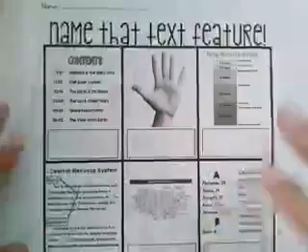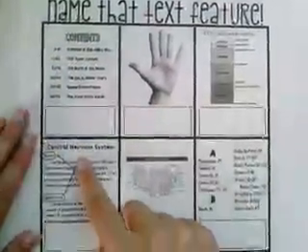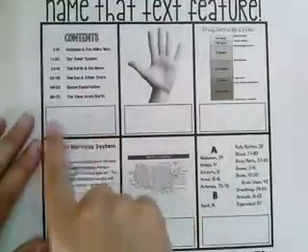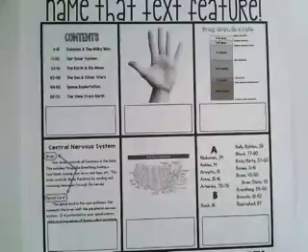So I'm going to flip the camera around so we can start with our name that text feature and review the text features that we went over earlier in the video. So hang tight while I flip this around. Okay, I just have a little chart here that says name that text feature. It gives 6 examples, and then we are going to label what these text features are and talk about how they help us. So let me grab a marker